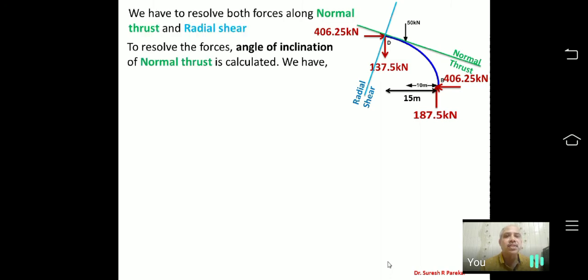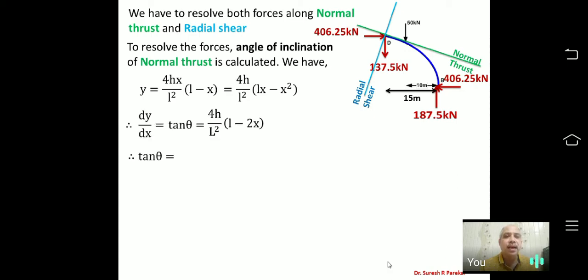To resolve, we actually require the angle. So we have this Y, then we have simplified it, then dy by dx, then we have this same formula, and from this we have calculated value of tan theta. So once I know theta is 11.31 degrees,